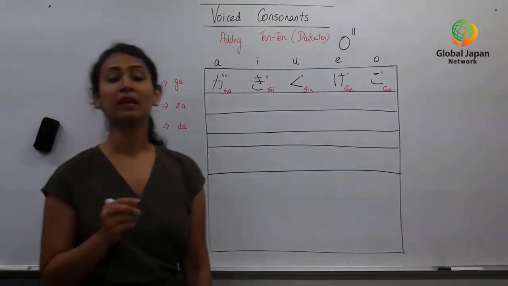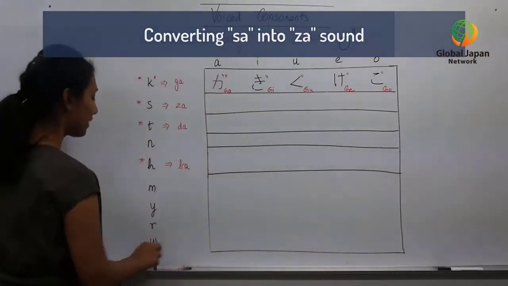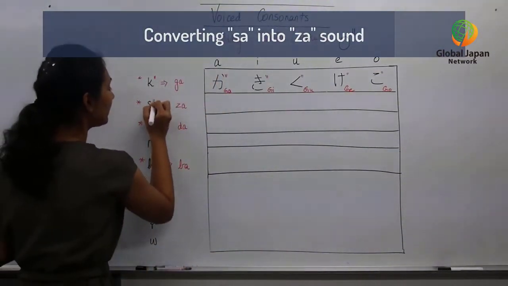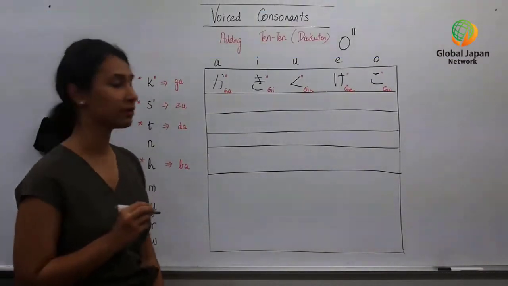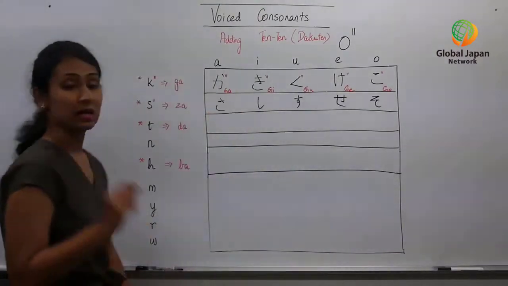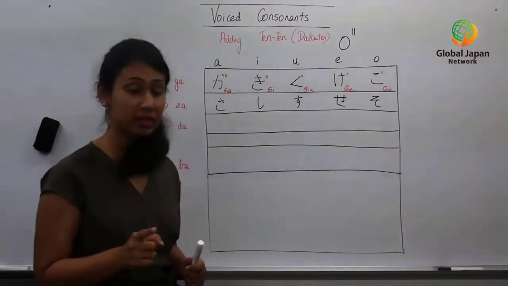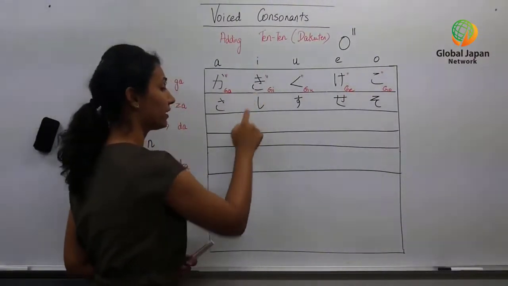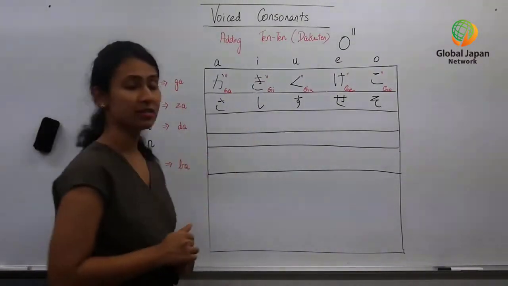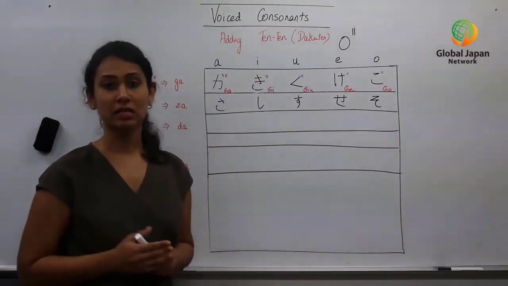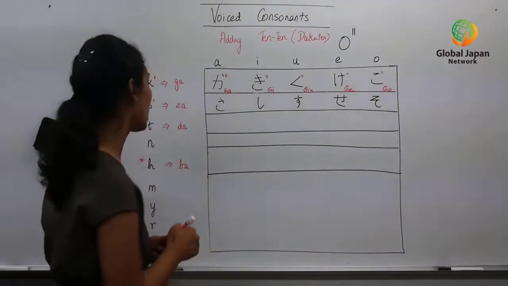Moving to the sa line. The sa line plus tenten is equal to za. So if I were to add tenten to the sa line, it becomes za. Writing the sa characters first: sa, shi, su, se, so. If you remember, there was an exception in this character. It is not si, but it is shi. These characters can be converted into the za sound by adding tenten, and the sounds, writing them in English, are as follows: